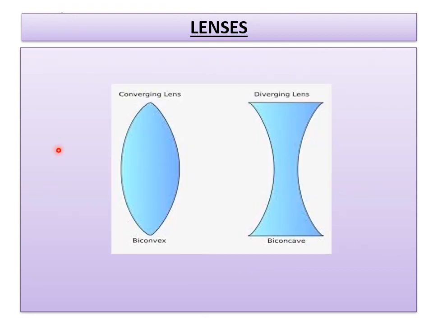Whatever explanation I have done, these are the two types of lenses you have to remember. So this is your converging lens, or we can call it a convex lens. These are your bulge out surfaces, where in this part we'll see the refraction of light for the ray diagrams we'll do. And this is the diverging lens. We call it a biconcave or simply concave. So these are the two bent-in surfaces. These are the two types of lenses we will discuss in detail in the later part of your videos.